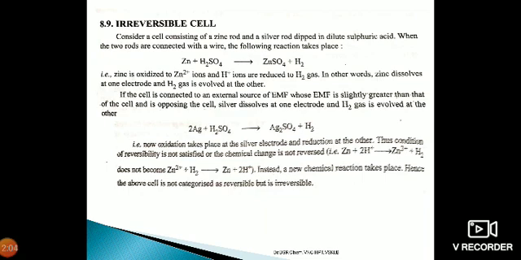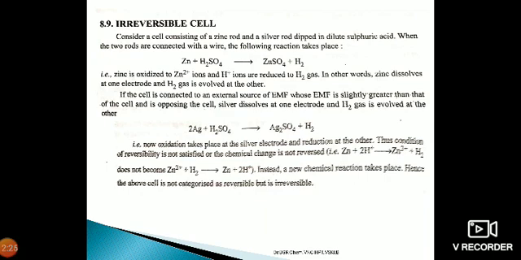And we can observe it here. Now oxidation takes place at the silver electrode and reduction at the other. Thus the condition of reversibility is not satisfied, or the chemical change is not a reversible reaction. That's how Zn plus 2H+ giving rise to Zn2+ plus H2 is not a reversible reaction, just like